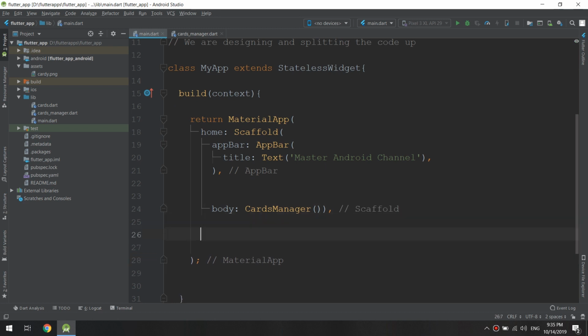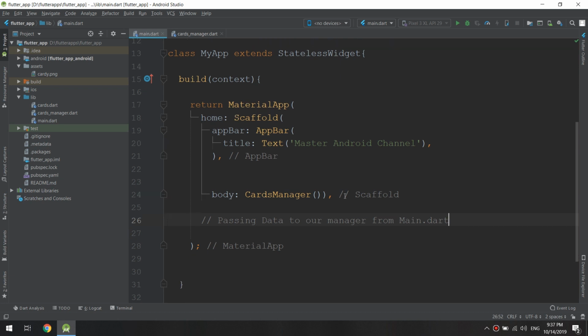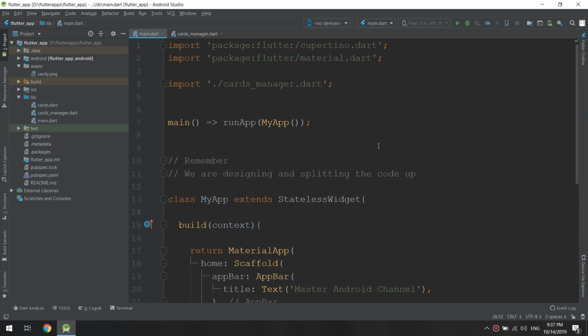app is launched. The code is split into main and cards manager and cards. Now we will pass the data from our main to the manager that displays the code in a perfect way and manages the cards in a correct way and a high performance code. So again, I just remind you that we are cleaning our code and making the code run faster